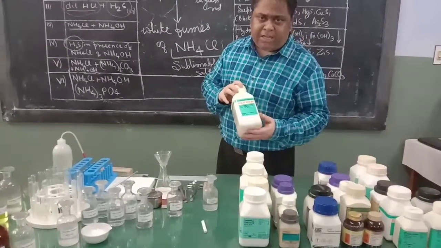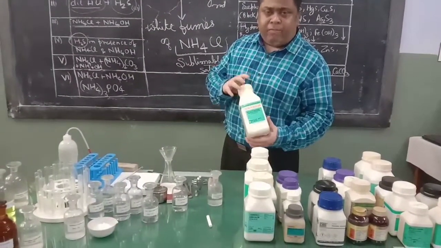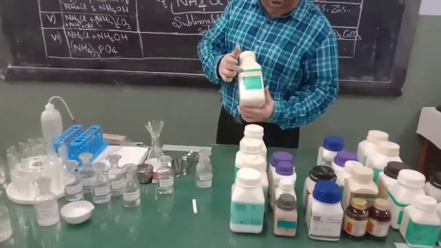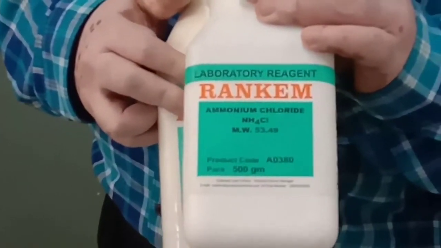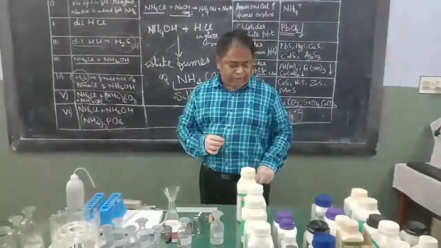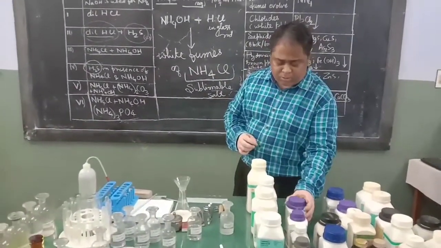So don't think that if you are asked in the exam what your cation was, and somebody says the anion, then you write down the same anion also. Anions can be different. It contains carbonate, so you have to do the test of carbonate. It contains chloride, so you have to do the test of chloride. It contains acetate, so you have to show the test of acetate. This contains nitrate, so show the test of nitrates. This contains oxalate, so show the test of oxalates. So although two students can get the same cation, the anion can be different. So be careful. You have to learn anion analysis also.